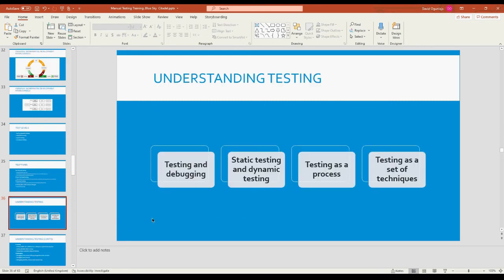And I move on to some basic concepts that we also need to understand in testing. So testing and debugging. We have static testing and dynamic testing. We have testing as a process, and we have testing as a set of techniques. Now, if we look at this particular one, testing and